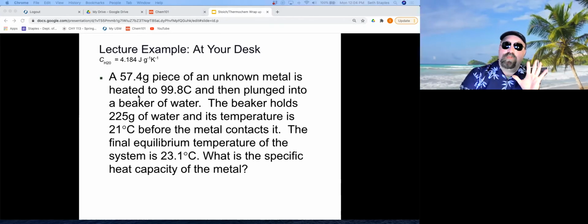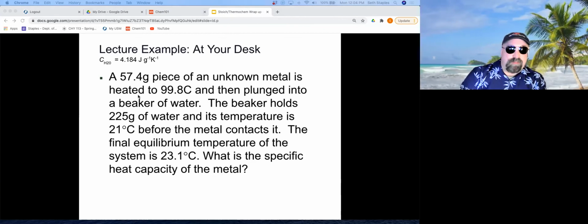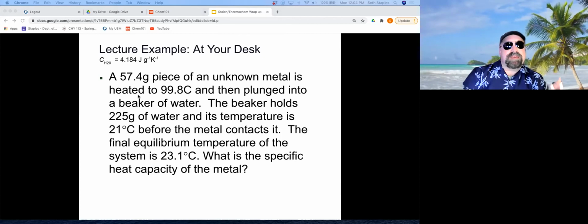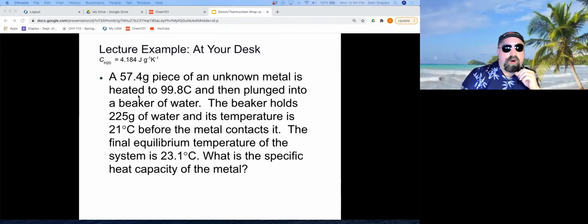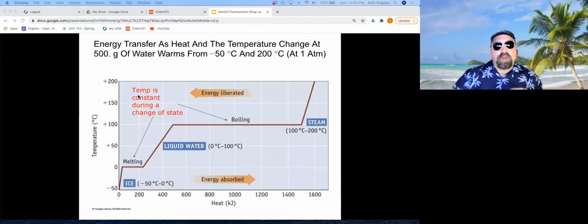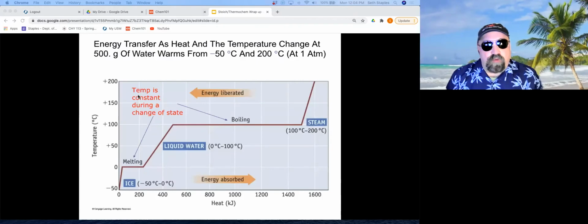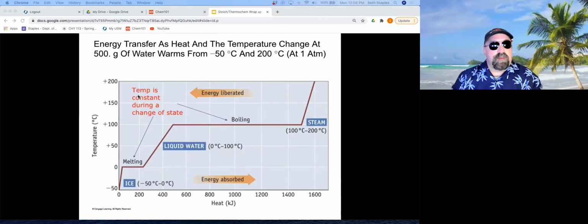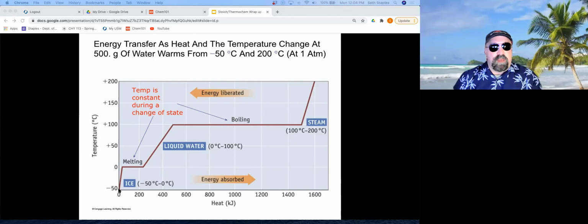But it all comes down to that law of conservation of energy, where the heat lost by the metal as it cools down must be equal and opposite to the heat gained by the water as it warms up. We also looked at the energy changes associated with changes of state. In this example, we have a sample of solid ice at -50